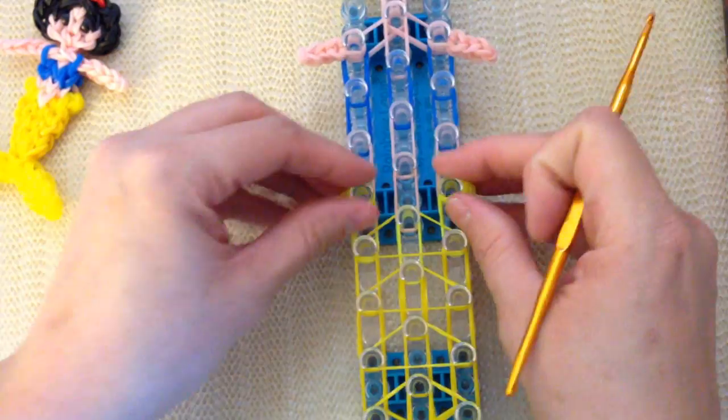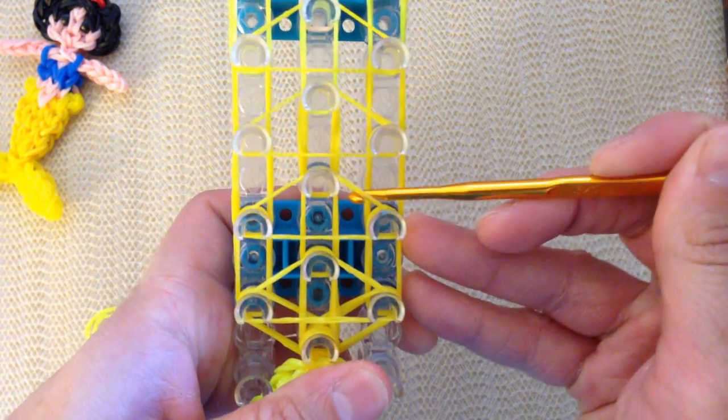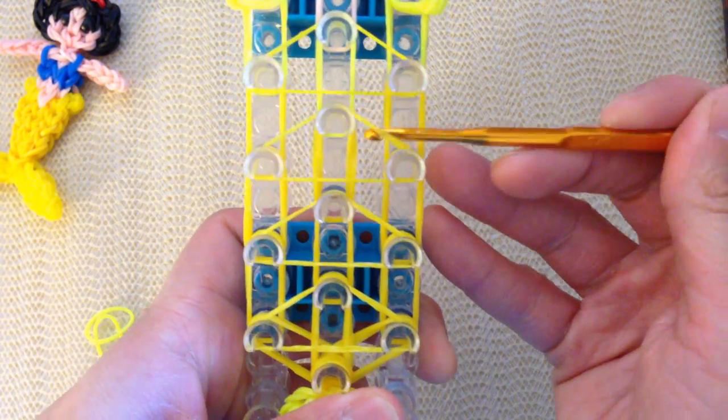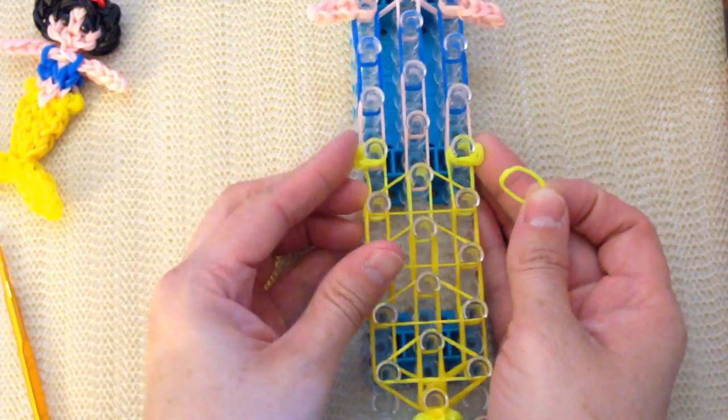Okay, now we can finish our triangle bands. So we placed 1 band wrapped around twice here, 1 band wrapped around twice here, a single band just placed on, a single band just placed on. Now we're going back to double bands. So we're taking a single band that matches this color, wrapping it around our fingers twice, and placing it on